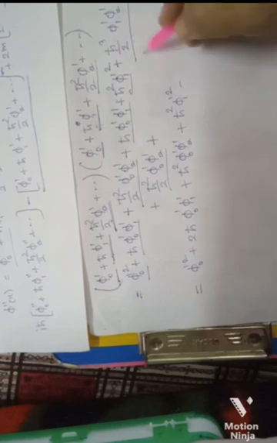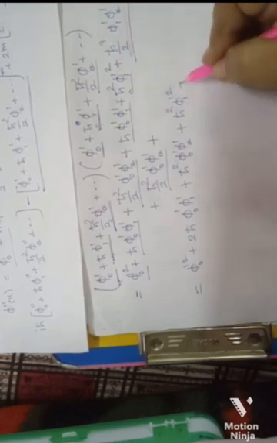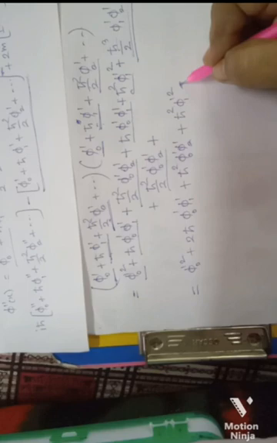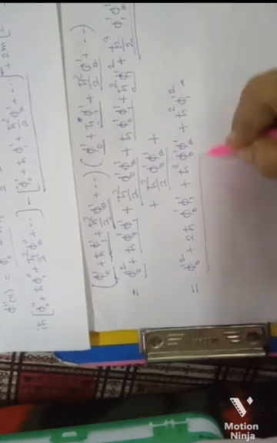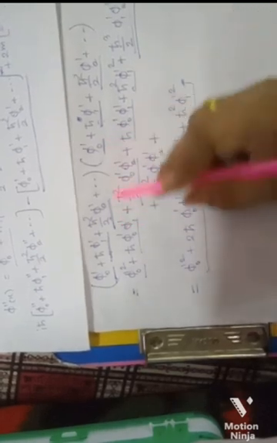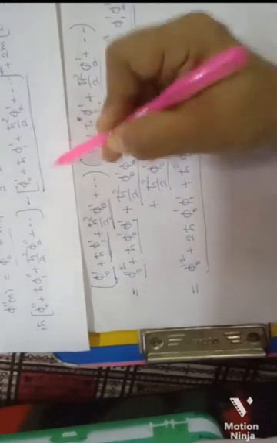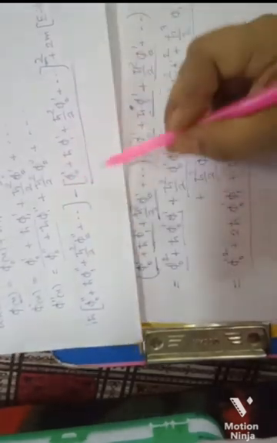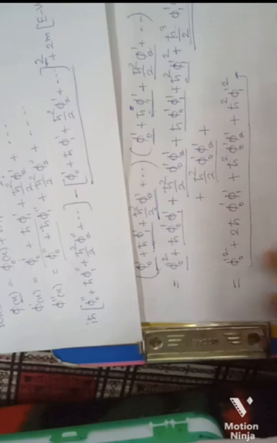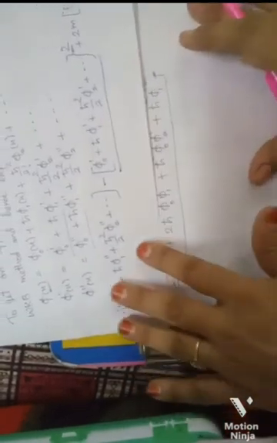this is ħ³, no? So no need to take. So this value is after solving the square. Okay, so this value we put in the place of that square. Okay, so put here